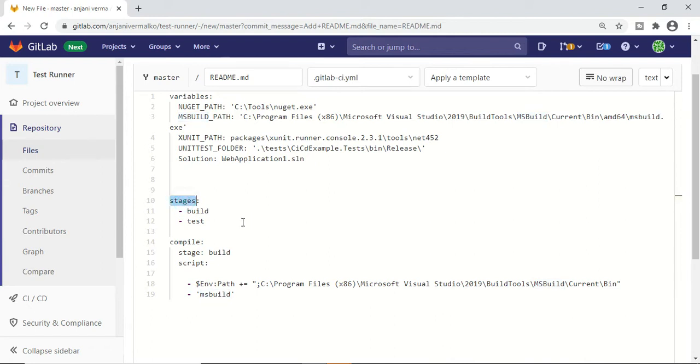See, stages are the number of jobs that will be created. The stages could be build, test, deploy. Build will set the compile time. The test stage will execute whatever unit tests you have written. Deploy is the last stage. It will deploy your project to different environments. It could be UAT, QA, and pre-live or live.